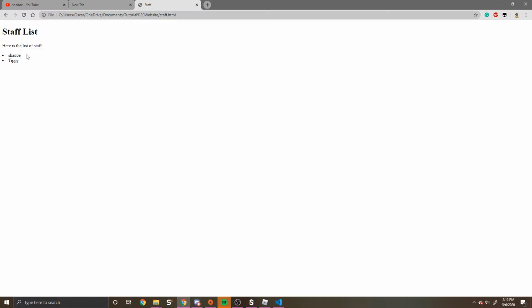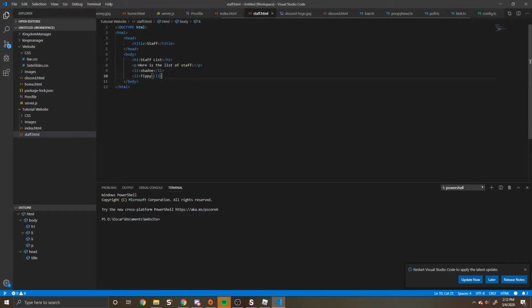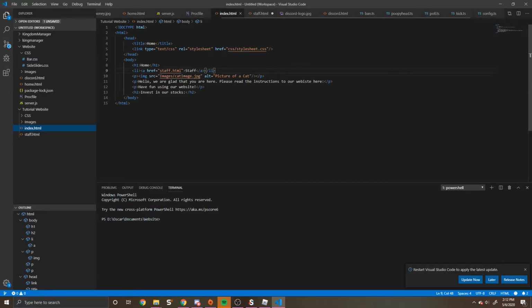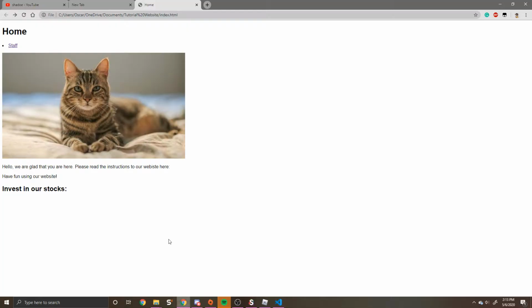Now I don't want to have to go all the way back here. We want to actually be able to go back, so we're going to do the same exact thing right under here. We're going to copy this just for the sake of time. We're going to copy this little thingy here, paste it, and instead of this we're going to put index.html, and we're going to call it home, and boom. So if we click